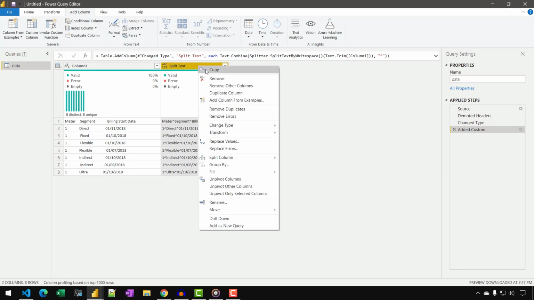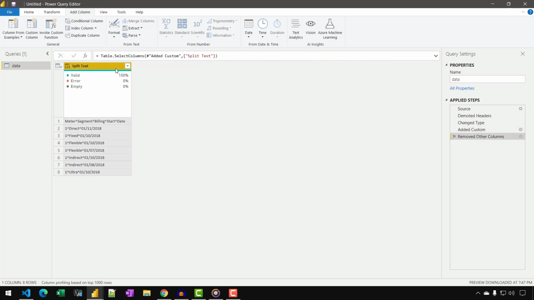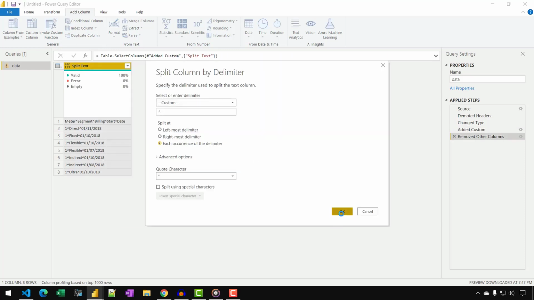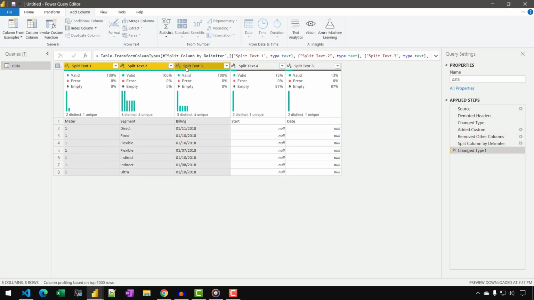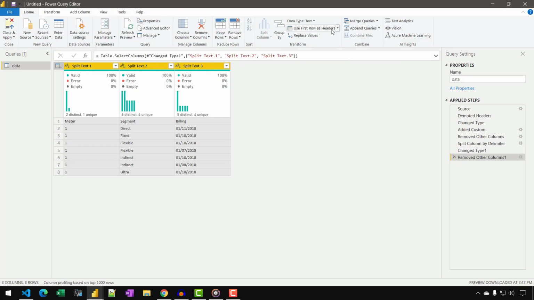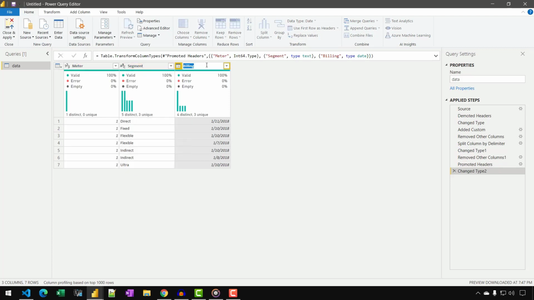I can click on Remove Other Columns and then right click and split the column by delimiter and click OK. Now let's select the first three columns and remove other columns, and then we can promote the first row as the header. So Use First Row as Header, and then I can change the name to Billing Start Date, and that's it.